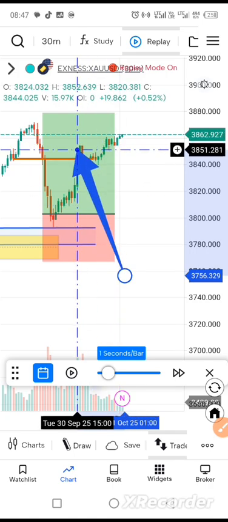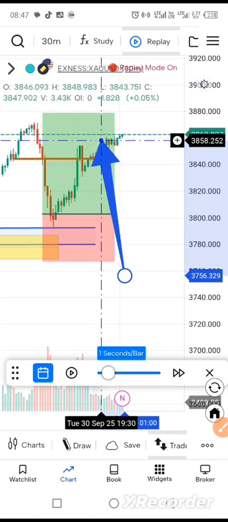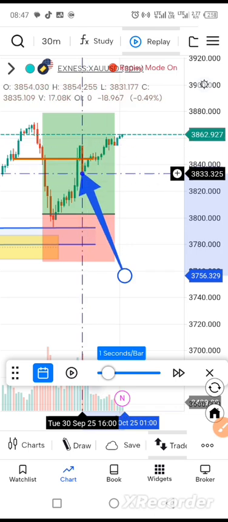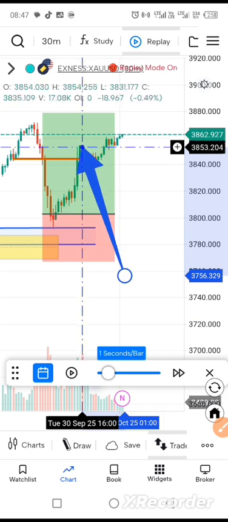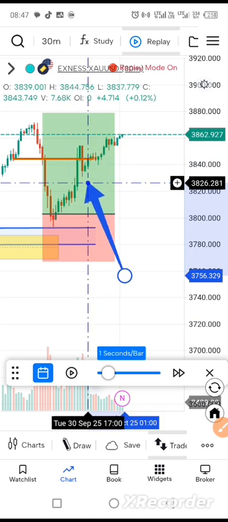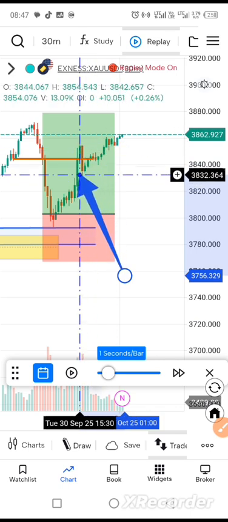This break of structure is good. It's good because it gave us this long structure. So there's a possibility that